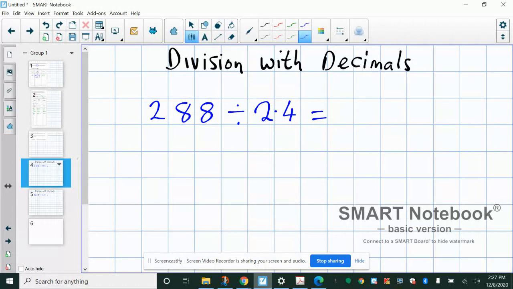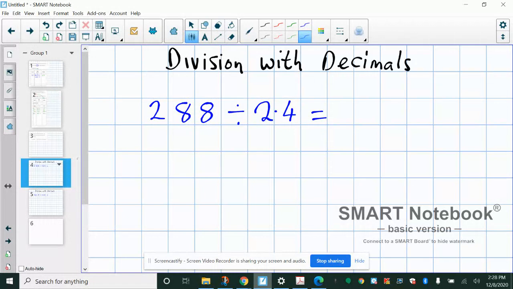And there's a couple of reasons for that, but probably the foremost reason being that once we get the divisor to a whole number, or to an integer, we have less manipulating to do with the decimal numbers and the decimal points, and it becomes a bit more straightforward. So the rule with division is whatever I do to the divisor, I must do the same to the